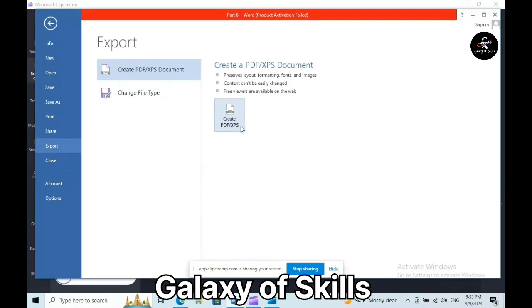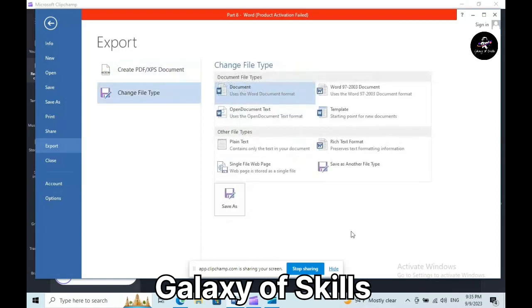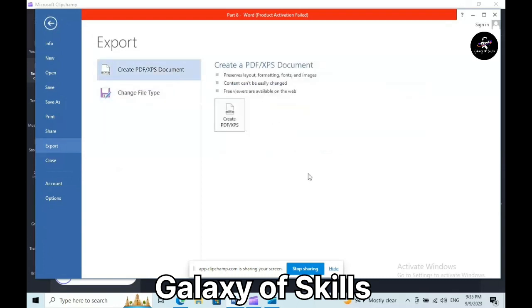This XPS is from Microsoft company, and PDF is from another company, which is a popular type of document. I can change the file type and choose anyone from this, like the previous type, which is 97 to 2003, or anyone. Okay, after I export the document in the type I wanted,